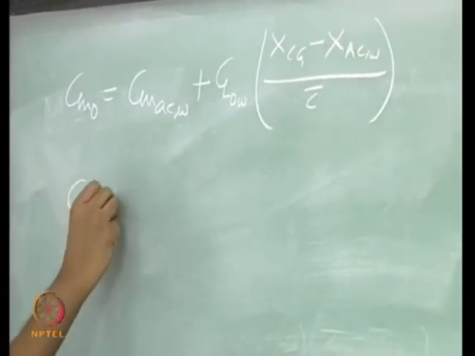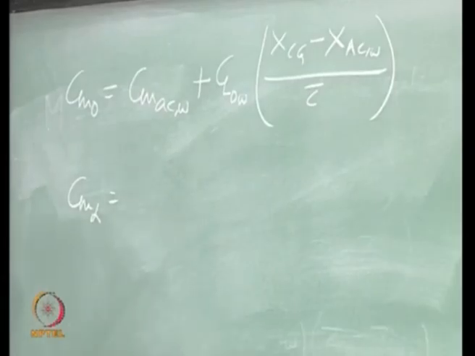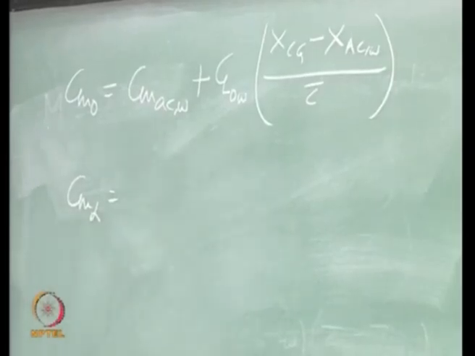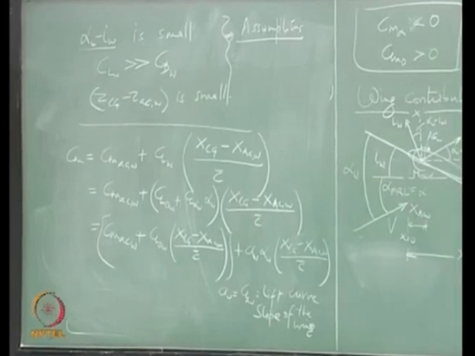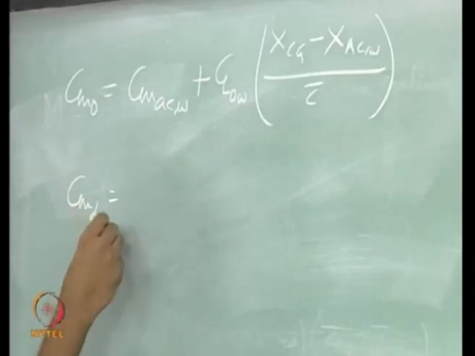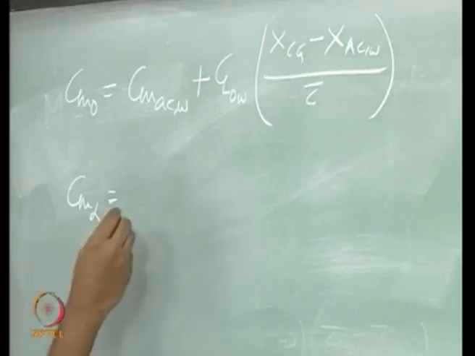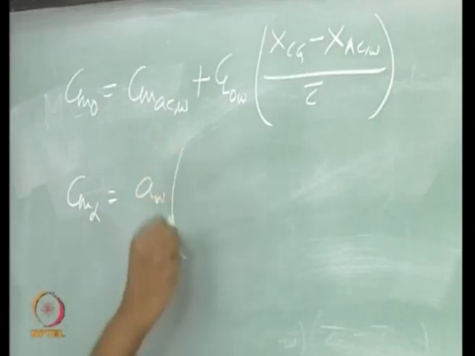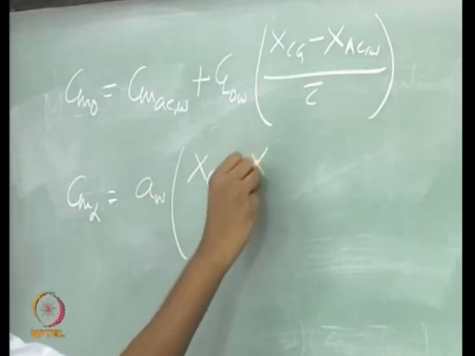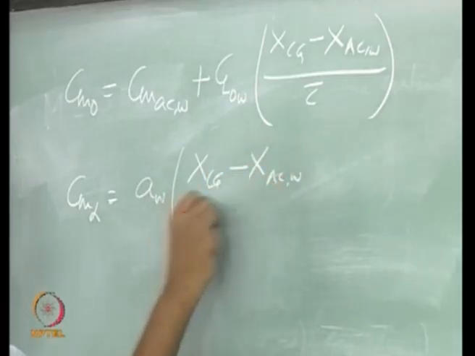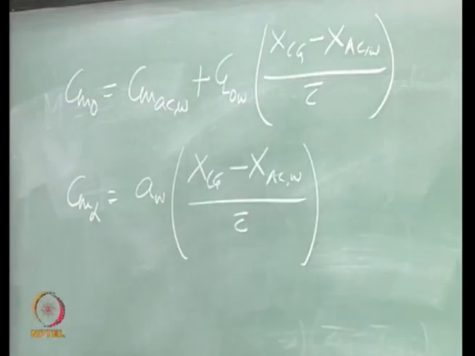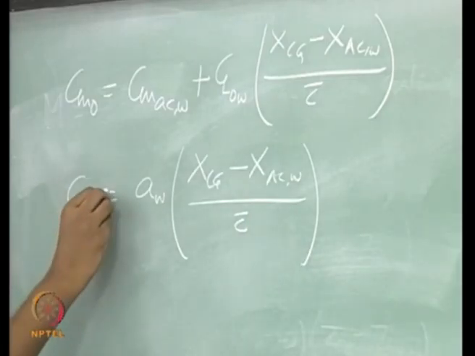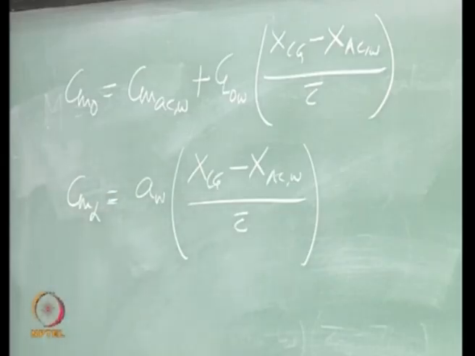and Cm alpha is, now we take the derivative of this expression for Cm with respect to the angle of attack. What we get is this. So, clearly for Cm alpha to be less than 0